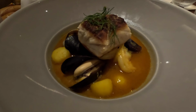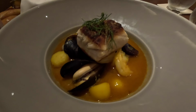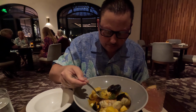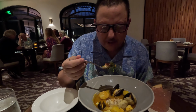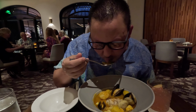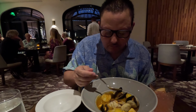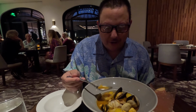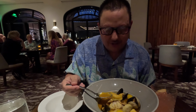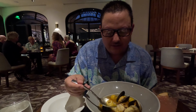And look what I got. That is some pretty fish and mussels. I mean, that is just gorgeous. You can't ask for better presentation than that. Fish. Oh, I love that smell. I just love the way the French do their seafood. It is so different. You know, I grew up in the South, and this is just such a different flavor, but it's gorgeous, and